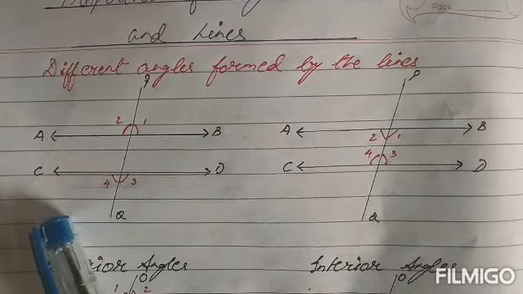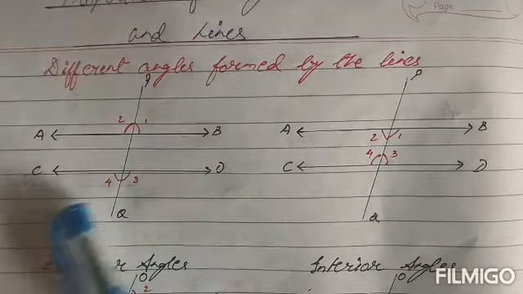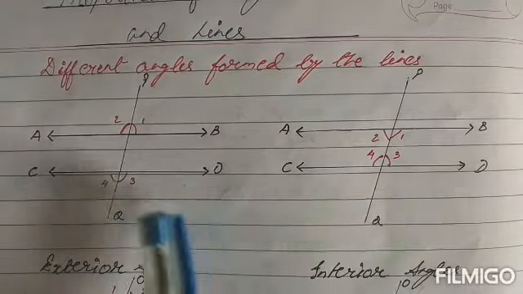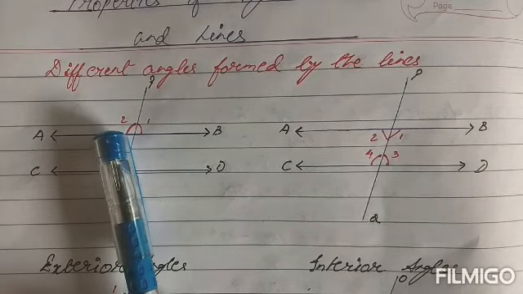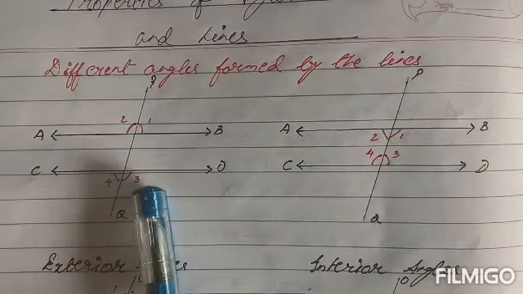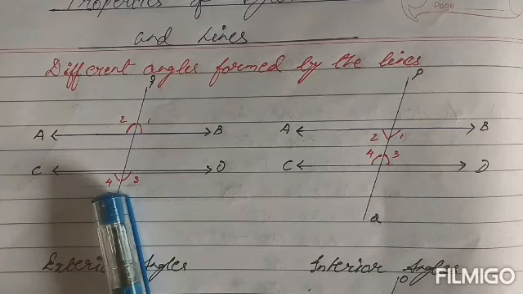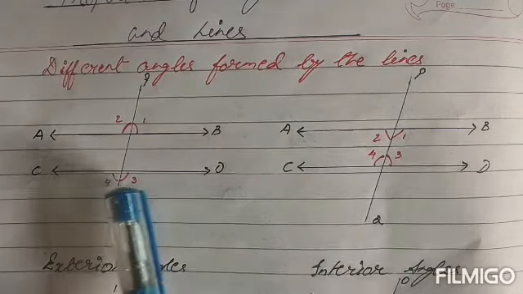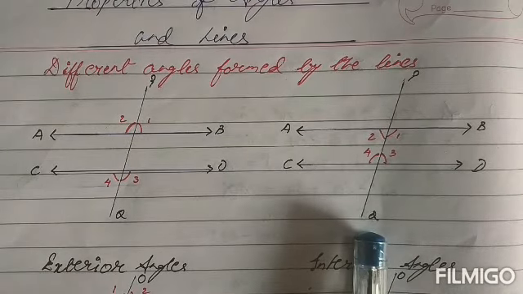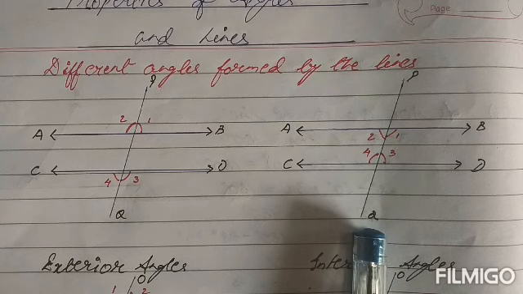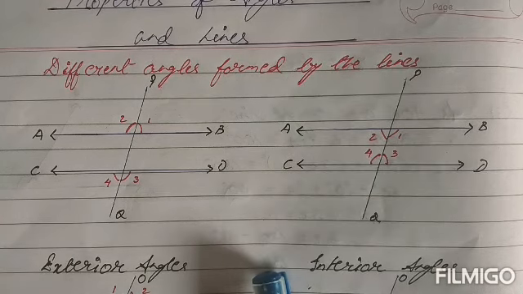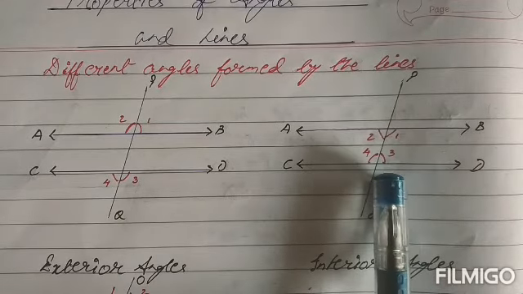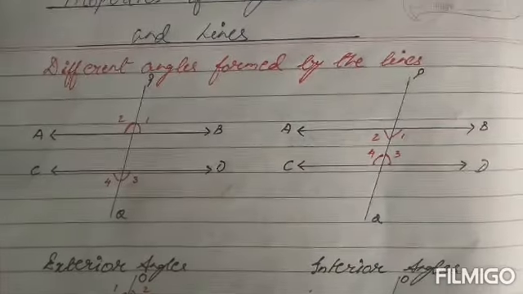Now in this figure, if you can see, children, of the two parallel lines I have marked the angles that are on the outer side. See, on the outer side you can see the angles. Angle 1, 2 on the outer side of AB, and angle 3 and 4 on the outer side of CD. Because they are on the outer side, these are known as exterior angles. Similarly, in the next figure, children, 1, 2, 3 and 4 are on the internal side. So these are known as the interior angles. Something which is on the interior side of the two lines is known as the interior angles.